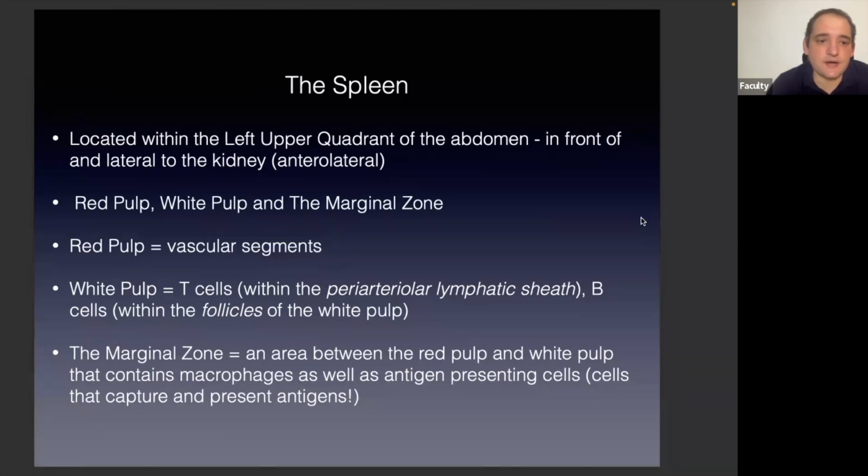And just in general, when we look at the abdomen, when we discuss it, it's composed of different quadrants. We have a right upper quadrant, we have a left upper quadrant, we have a lower left quadrant, we have a right lower quadrant. When we talk about regions, it's even more specific. There are 9 regions within the abdomen, but the spleen is one of the main organs that's within the left upper quadrant. When we look at the right upper quadrant, for example, literally as it sounds, just under your rib cage, the primary organ we have there is the liver, also the gallbladder. So it's just a way to discuss the location anatomically and where we can find